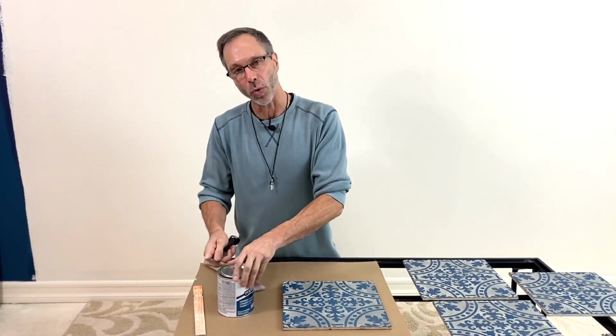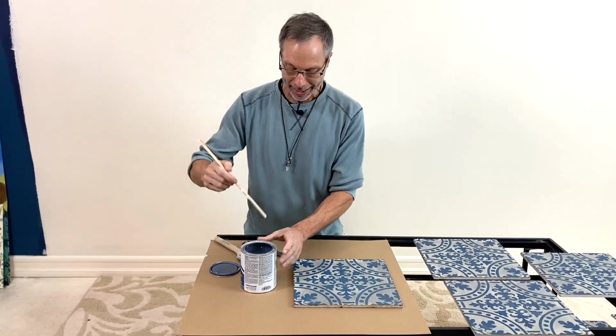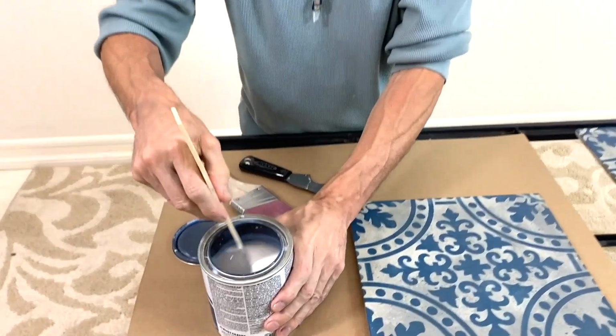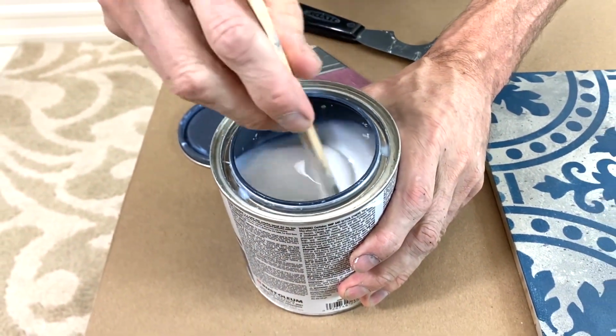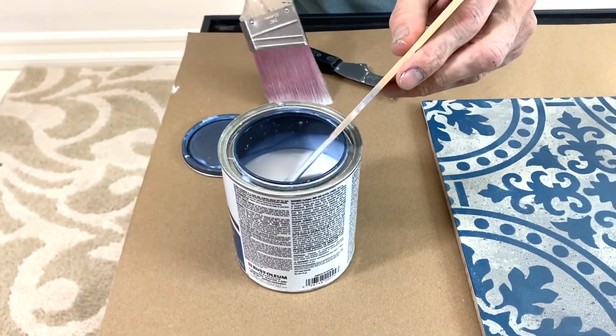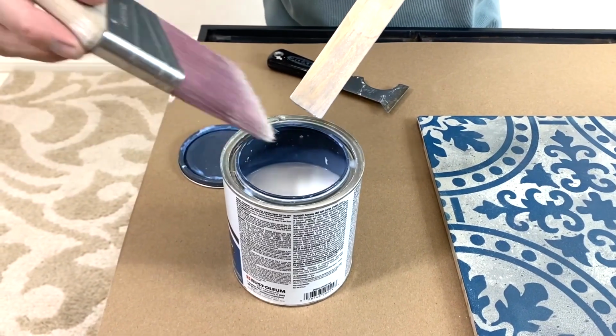Don't shake your clear coat. Open it up and stir it from the bottom to get the flatting agent. There's flatting agent in the bottom, and you want to incorporate that. If you shake it, you'll get a lot of bubbles in there. We don't want that. Then I'm just going to use a regular 3-inch nylon bristle brush,